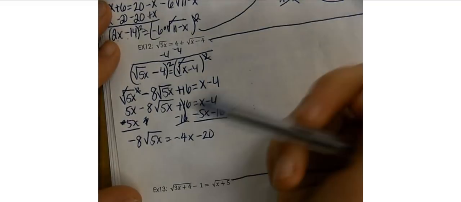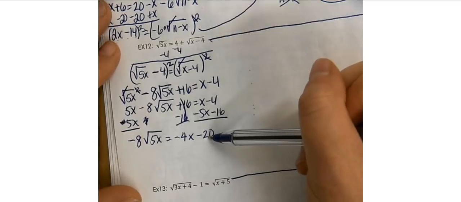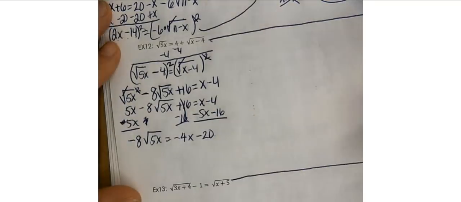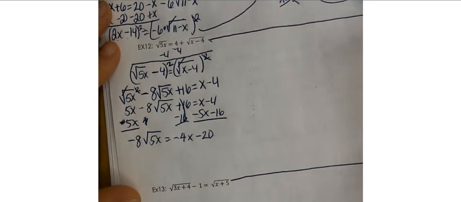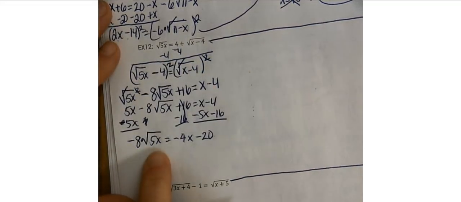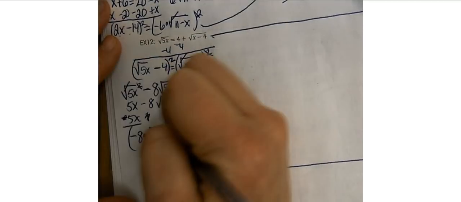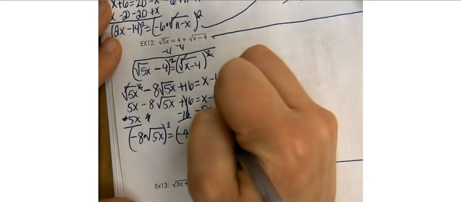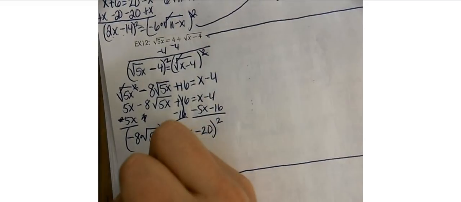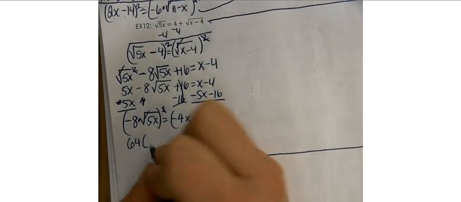Now at this step, you could divide out a 4 because every single term has a 4 in common. You could do a lot of different things at this step. What might be helpful is to simply say, okay, since the main operation between negative 8 and the square root of 5x is multiplication, I can simply put parentheses around both entire sides and square both sides. So what we end up with is 64 times the square eliminates the square root, and we have times 5x